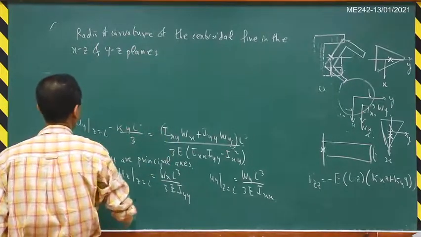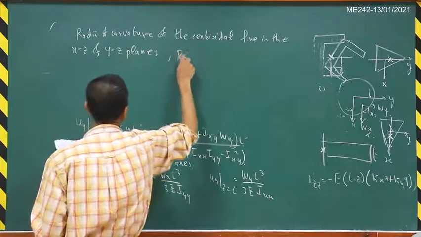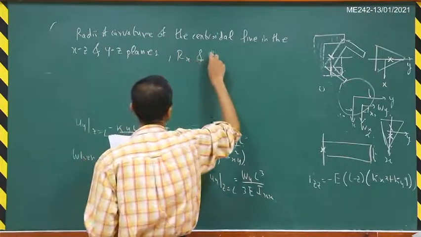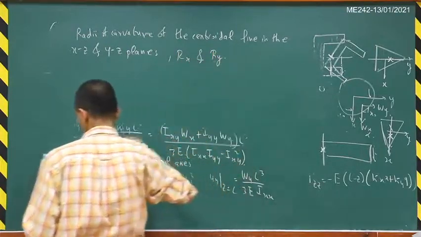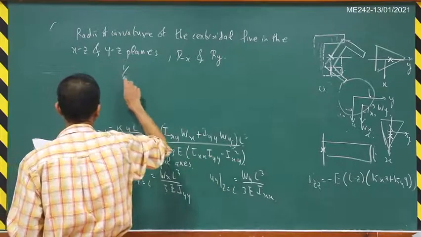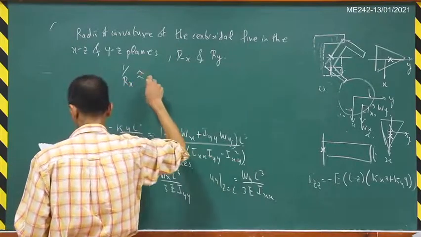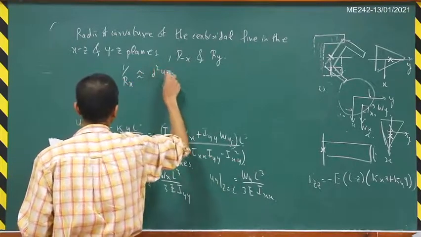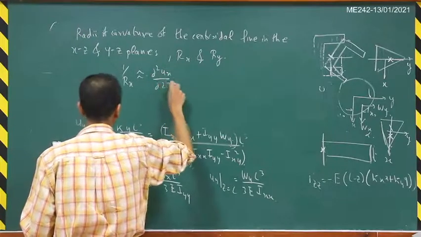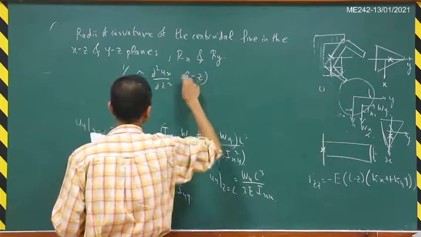So those are Rx and Ry. So 1 by Rx is del square Ux by del Z square, which is L minus Z times kappa x,